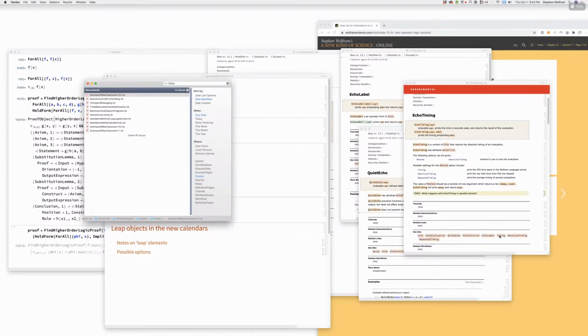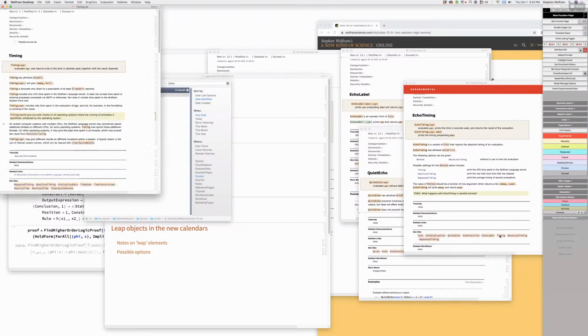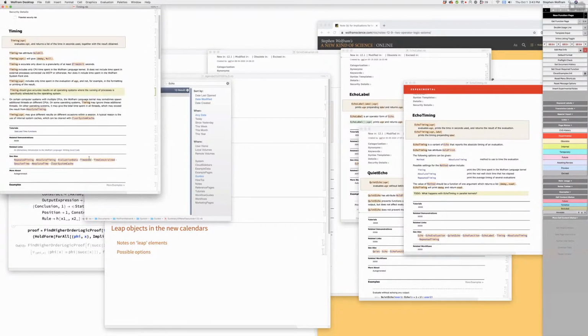Now, timing should probably refer to timing and absolute timing and so on. They need to refer to echo timing. Right. I think we didn't do the back linking. Yes. Okay. I don't know how I missed the timing in the echo timing See also. I think it's See also blindness. Could be.